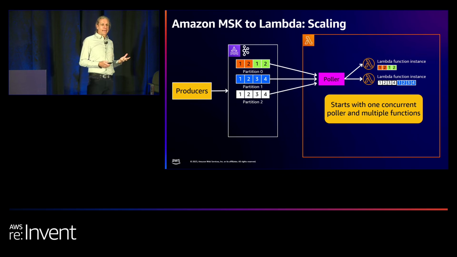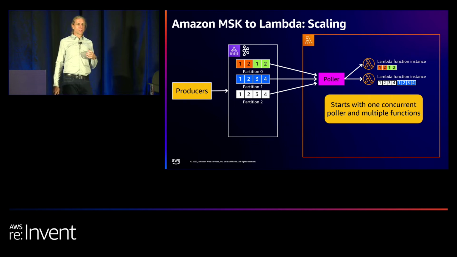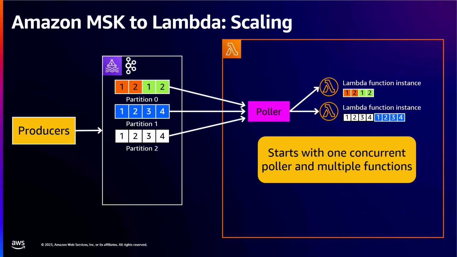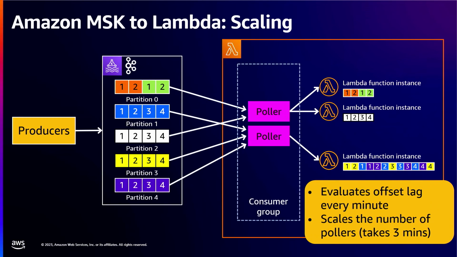So when you initially create the Amazon MSK event source, Lambda allocates one consumer poller to process all of the partitions in the topic. Now, previously, this could actually invoke only a single Lambda function, but about 2 weeks ago, we increased the initial scaling so that the poller can now invoke multiple Lambda functions for even faster scaling once you start up. Lambda is then going to automatically scale up and down the number of consumers based on the workload. And Lambda is going to then evaluate the consumer offset lag of all the partitions in the topic every single minute. And then if the lag is too high, this means Lambda basically can't keep up with processing the records from the partition.